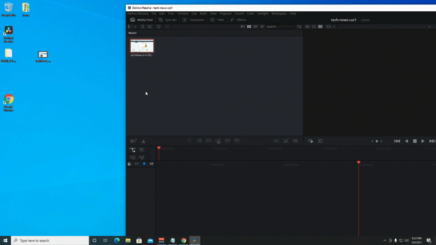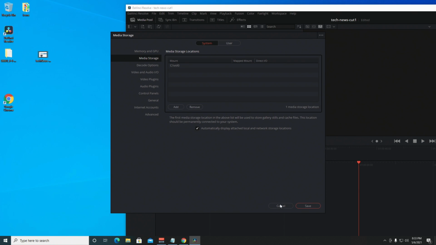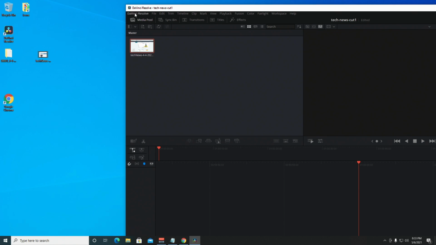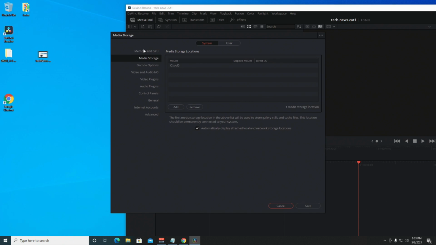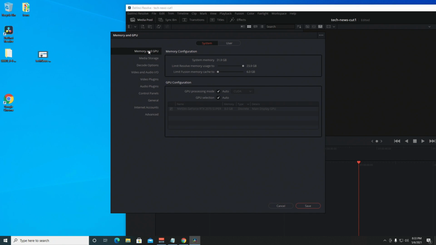And the next thing you want to do is, I said you wanted to make sure you check if you have a GPU or a graphics card. You go to DaVinci Resolve, you go to preferences, and you go to memory and GPU, and you can see right here I have an NVIDIA GeForce RTX 2070 Super. So you should have one listed here. If you don't, this may be extremely slow. I haven't really tested some of the newer Intel chips, but I highly recommend having a dedicated GPU when